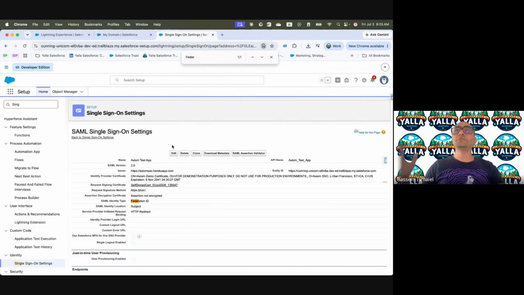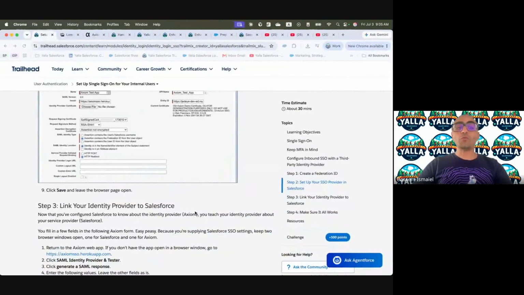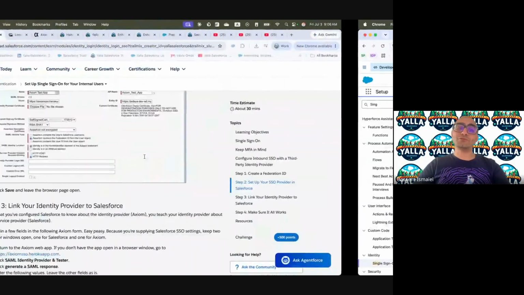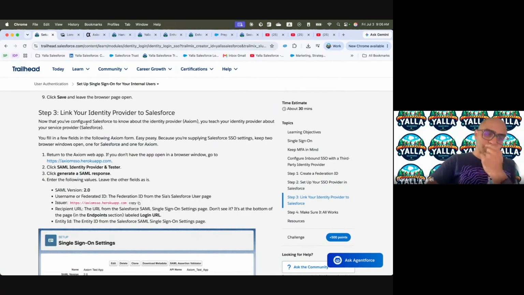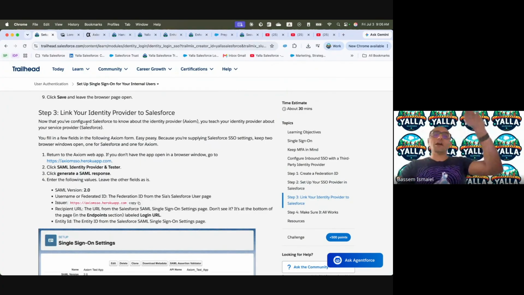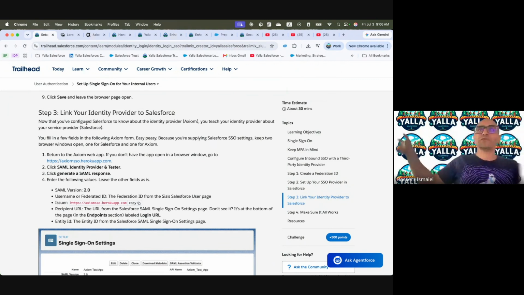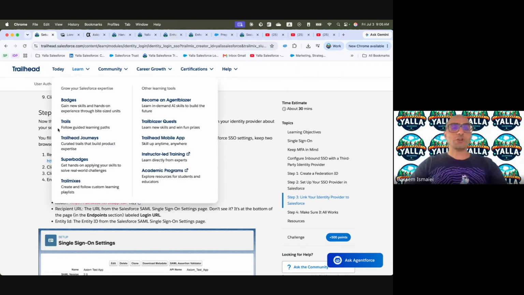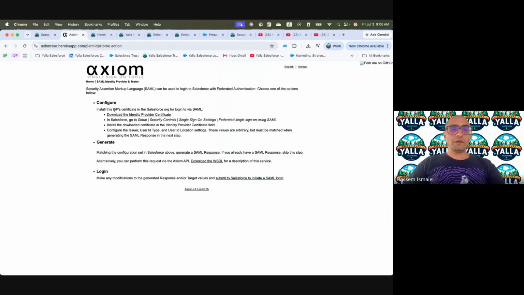Now we are done. We created a new SAML single sign-on. We uploaded the certificate. We put the identity provider details. We put the service provider details, and we used the Federation ID in order to do that. And the redirection is already happening. Now, I need to go to the identity provider and tell the identity provider that this service provider is expecting service from you. So I'll go back in here.